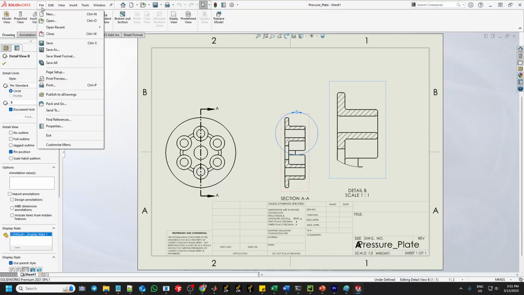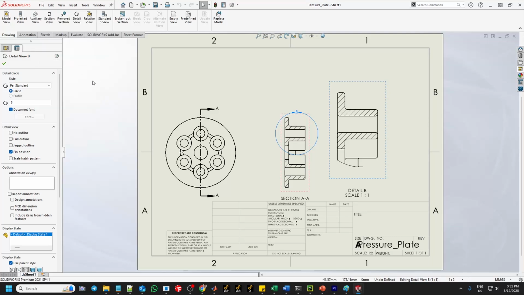And it's better to save all. When you click save all, if prompted to save reference models, it will also save the part. Okay,